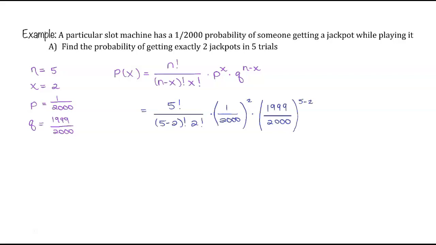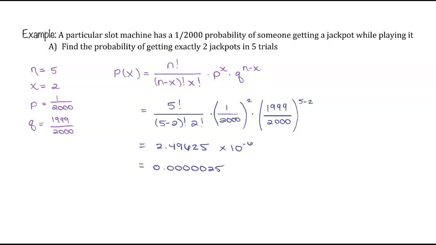You can put this directly into your calculator, just make sure that you use really good order of operations. When we put this into our calculator, we get 2.49625 times 10 to the exponent of -6. In other words, the probability of getting 2 jackpots in 5 trials is approximately equal to